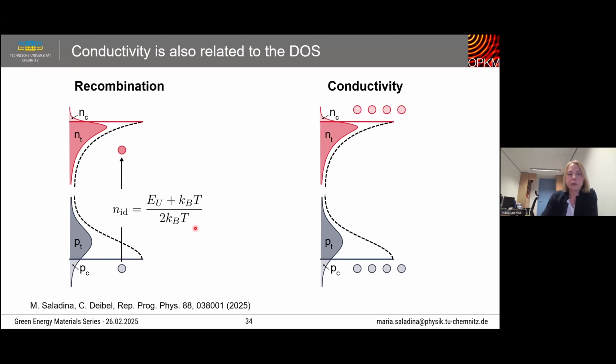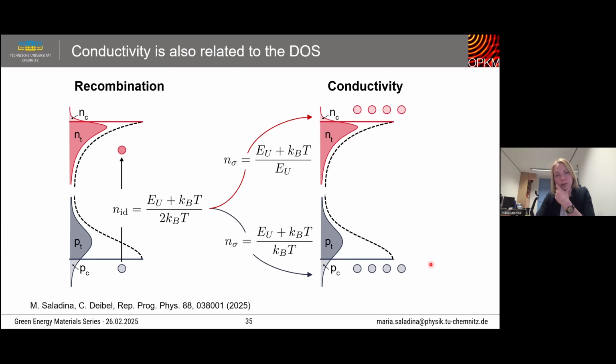Right, and we have this equation for the recombination ideality factor. So the effective conductivity that we extracted is a combination of the conductivity of electrons and holes. But if one of them is dominant, we can probably see it from the transport ideality factor. If the same mobile charge carrier is limiting transport as for recombination, then we have one expression for the transport ideality factor. But if we have the opposite dominance, then the temperature dependence of this ideality factor will be